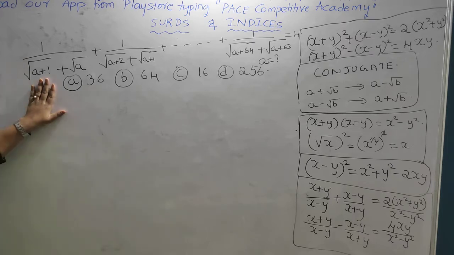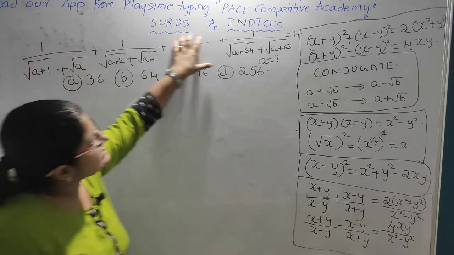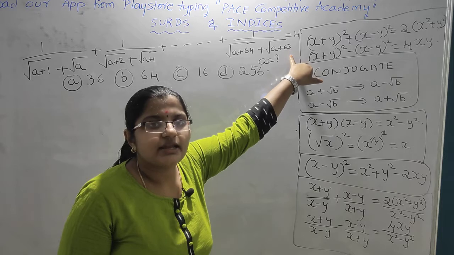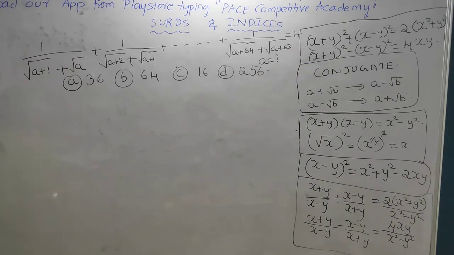Okay. So if such a question is asked, the series extends till 1 by root a plus 64 plus root over a plus 63. So if you don't know the shortcut, what you need to do? For each and every term you need to perform rationalization in order to simplify the denominator. This is possible, but the complete time for your exam would be spent doing the rationalization for this single sum. So for such types of problems you need to apply a shortcut. Before that I will tell the approach.